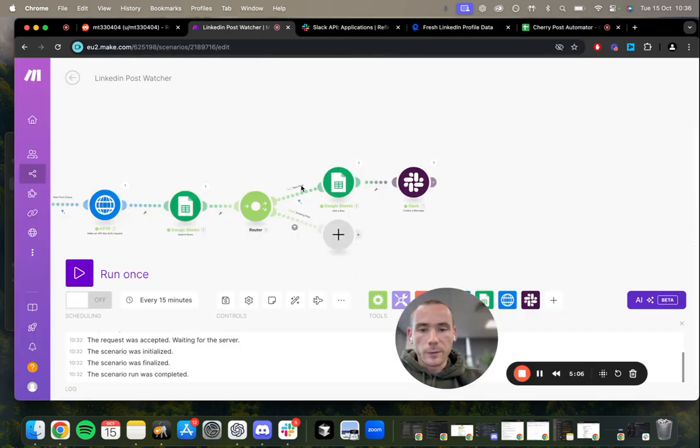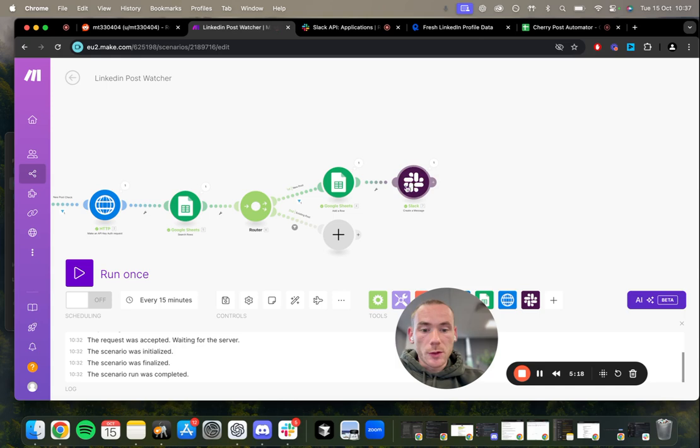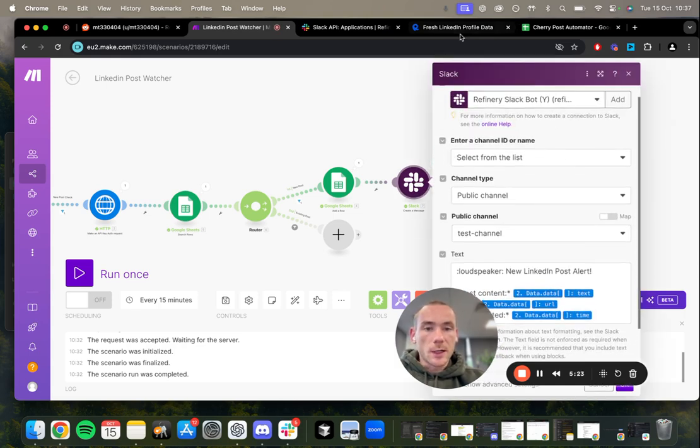And so when it finds a unique post that doesn't duplicate, it will enter it in. Then what this Slack bot does is aggregate all of this information and send the message to Slack. Basically, how you set this up is just connect this to your Slack. So you want to go